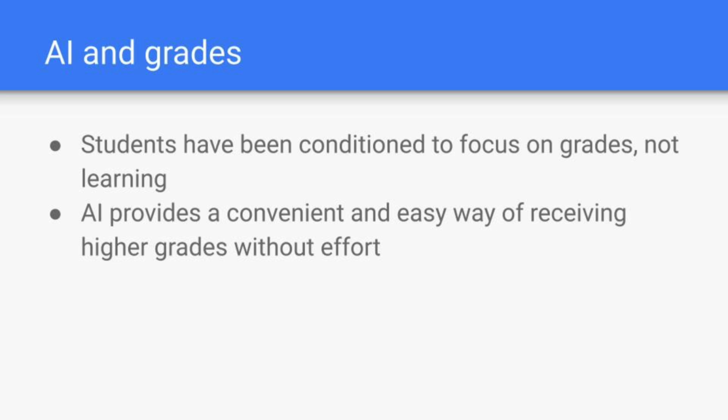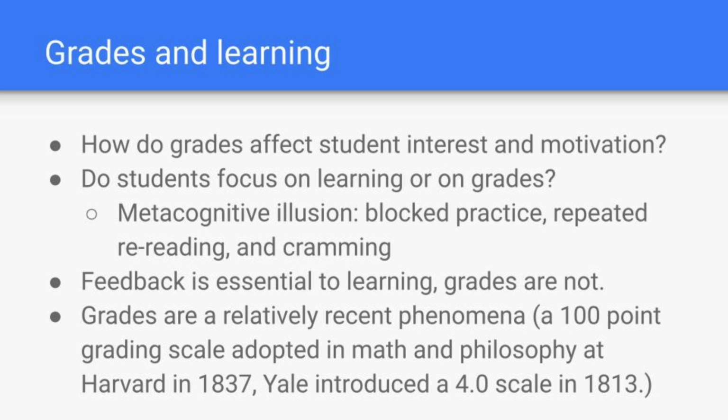And one of the things, of course, many people are working on is coming up with assignments that integrate AI so that students are learning how to use AI tools, but also learning how to use them effectively and applying critical thinking and analysis to that. And that's something we need to work on. But one of the problems here is this incentive structure: a lot of the assignments that are used in many courses are really easy to do with AI. And if students have been conditioned that all that matters is the grade they receive, we're in a little bit of trouble there. And there have been a lot of people raising concerns for quite a while now